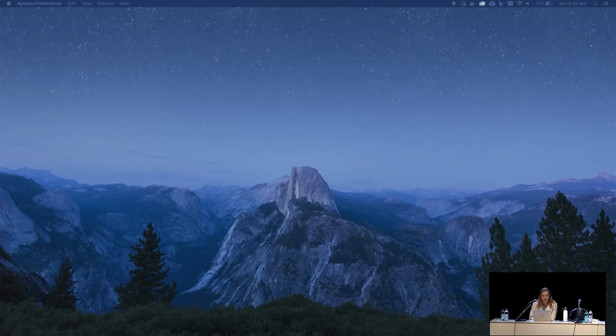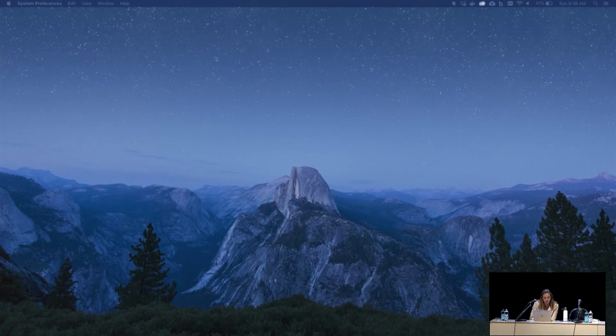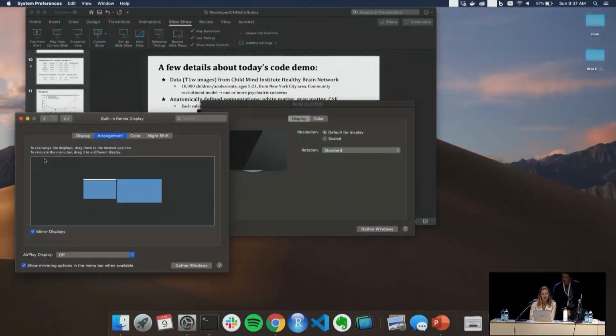Nope, still can't. Let's see. Show mirroring options. Arrangement. Somebody want to come help me quickly? Sorry, we'll get this started. I have my displays up. Arrangement, displays arrangement, and then check that mirror displays. Oh, small little box. Okay, cool.